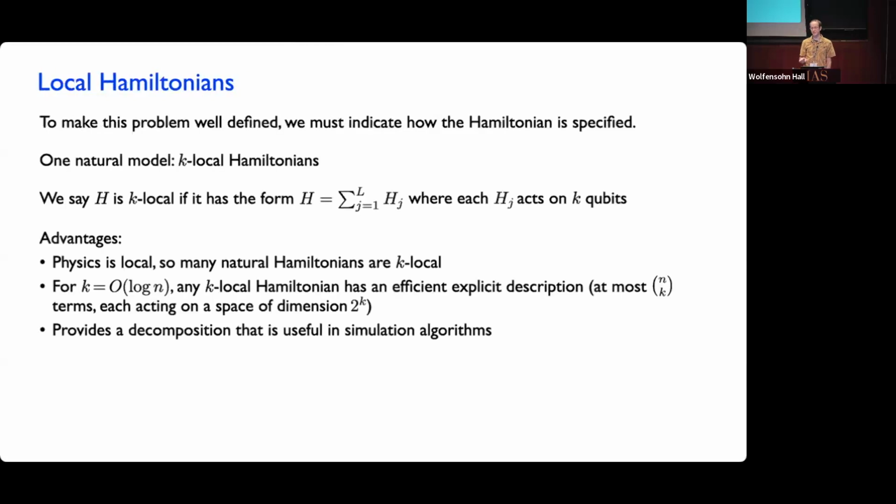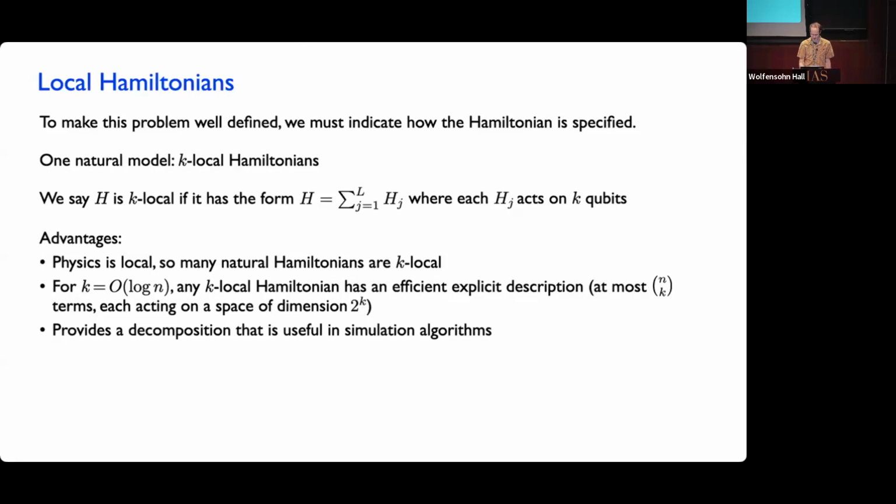Right, so according to this definition, it's not what you might call geometrically local, that somehow there's a lattice and you only have interactions between qubits that are nearby, but that is an additional condition that you could impose. And actually, some of the results that I probably won't have time to talk about at the end are specifically about that case. Like, what can you say when your Hamiltonian is geometrically local? And you might expect that you could give more efficient simulations with that additional condition, and indeed you can. Basically because of these Lieb-Robinson bounds that I mentioned before. Basically because there's some locality to the physics of the system. Yeah.